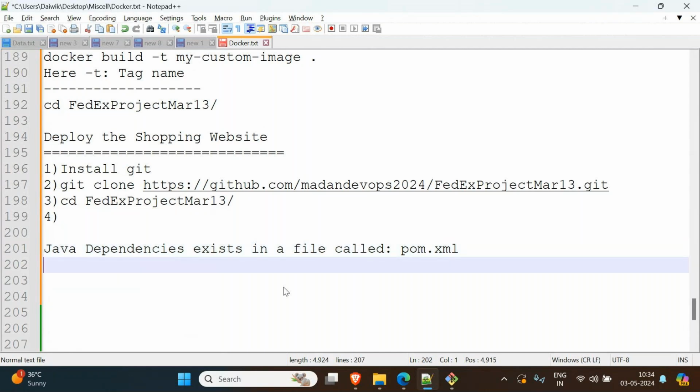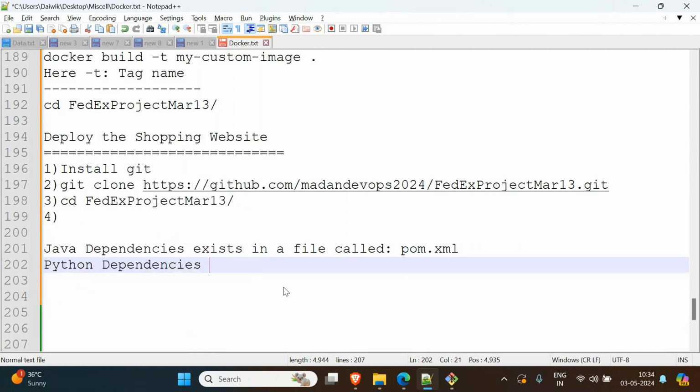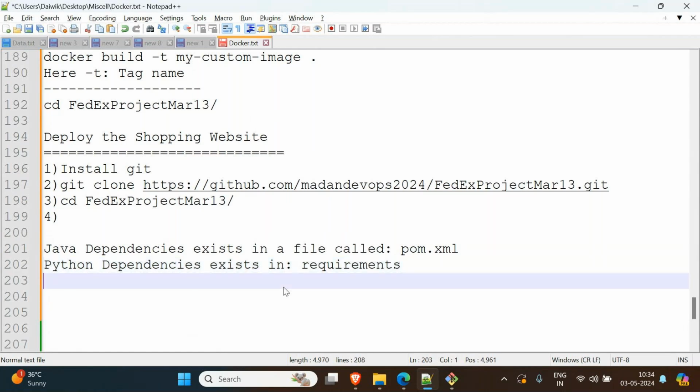And for example, if you take Python, then Python dependencies exist in the requirements file. Similarly, .NET